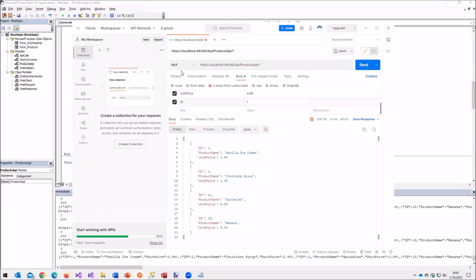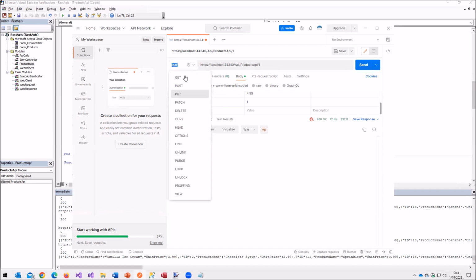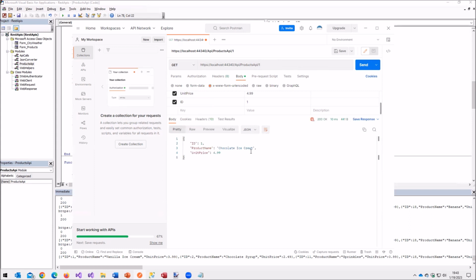So let's see if this works. Put. Okay, let's go back and just change this to a get. Chocolate ice cream, whatever. Anyway, you can see how that works.